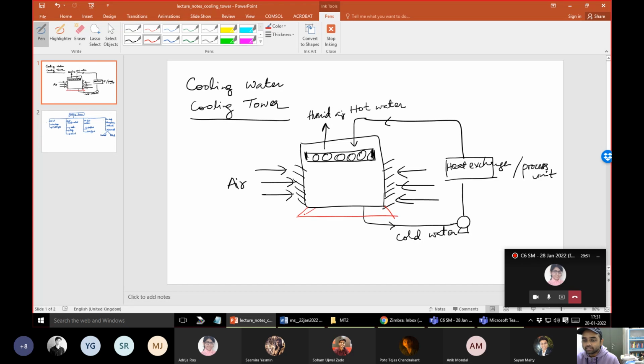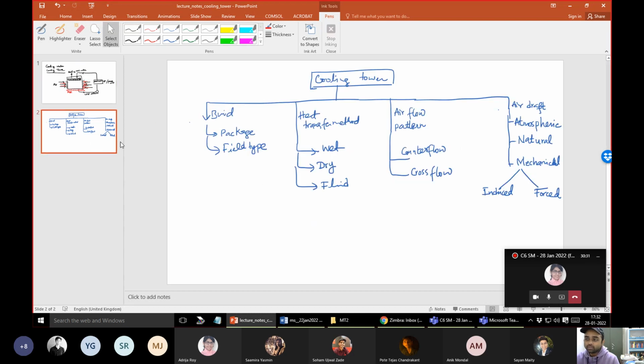And you do not need any clearance or any gap for the airflow, right? Because most of the air comes in from sideways, right? So if you have perforated walls, you can easily have this sideways movement of air, and the base can be kept free, and you can easily put this over the base. But if you want complete countercurrent exchange, then there has to be an elaborate arrangement at the base, so that there is appropriate provision and clearance for the airflow, right? So that is one advantage of the cross flow, and that is the reason why we see most of the times there is cross flow arrangement of the cooling towers.